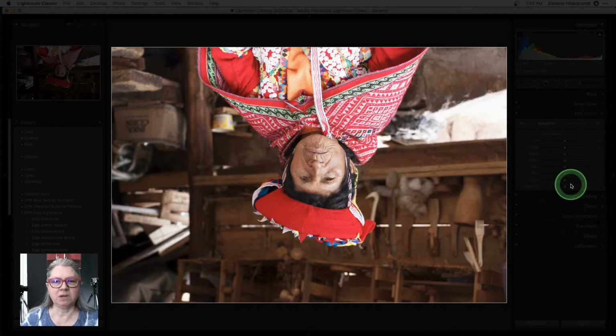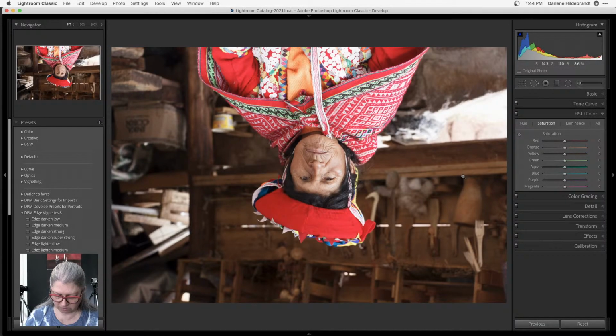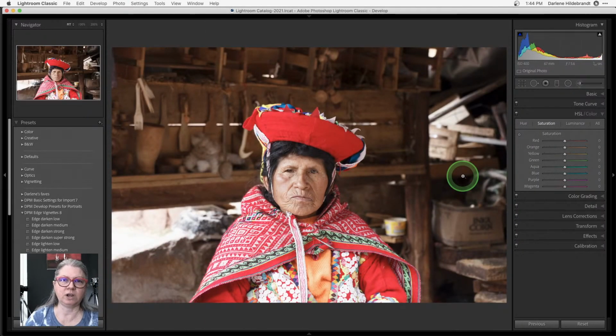Okay, my eye goes to this bright area here, and to these boxes and bright areas in the background, as well as to all the bright beads and things on her outfit. And then if you dig in even farther, there's little holes in the background coming through the lighted area there. Janet says white area. Yes, exactly. So you really want to think about those things, and this is a trick. Looking at your image upside down when you're processing it is a trick that I used when I was a traditional retoucher, years ago with film and paper, when I was retouching with dyes.